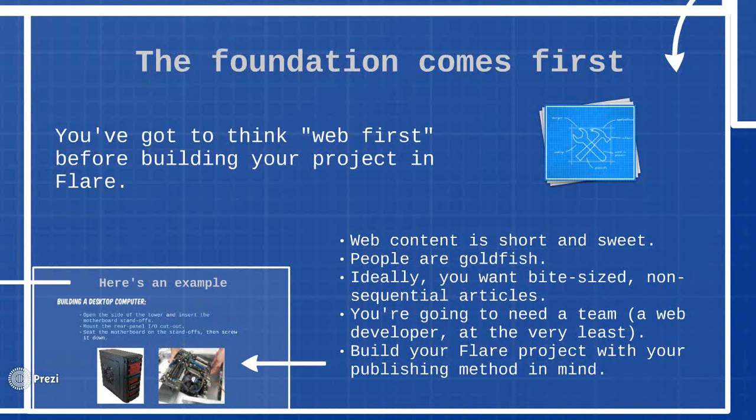We did that with bite-sized, non-sequential articles. So it's not like writing a paper guide where you generally have a getting started section followed by setup and then installation and so on and so forth. It's more of a, here's a general getting started guide that links you out to 3 other guides that tell you how to do more specific things. It's all about efficient information delivery and keeping each individual article as concise as possible. I might be preaching to the choir here, but this framework and this web-first state of mind is very important. We did not just take printed materials and put them up on the web.